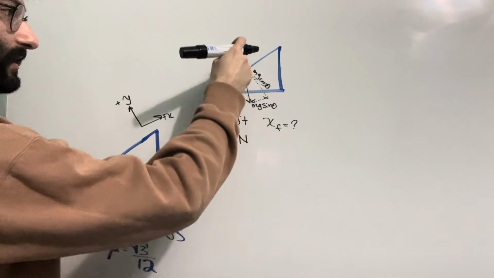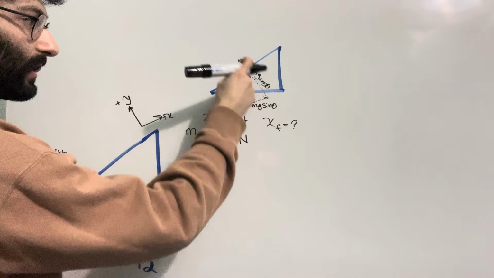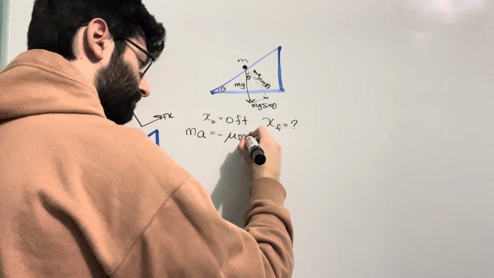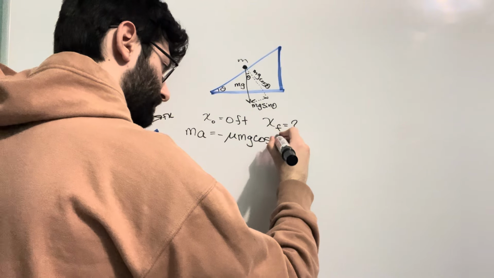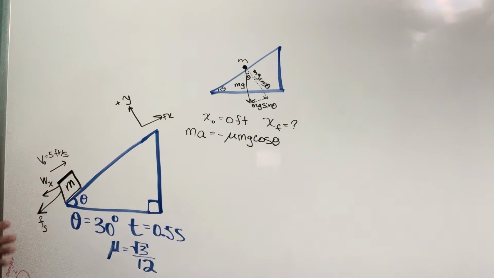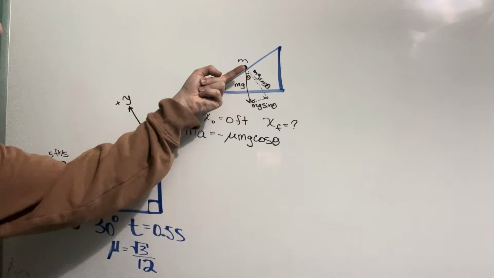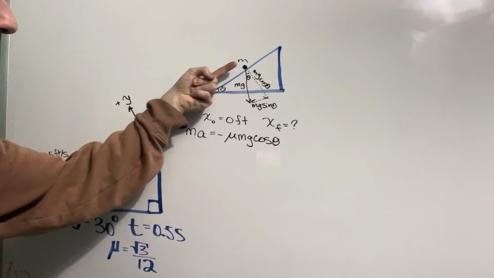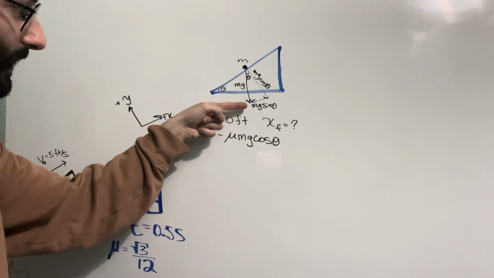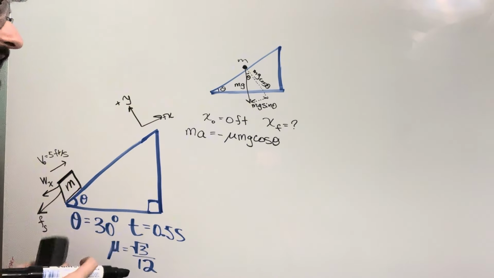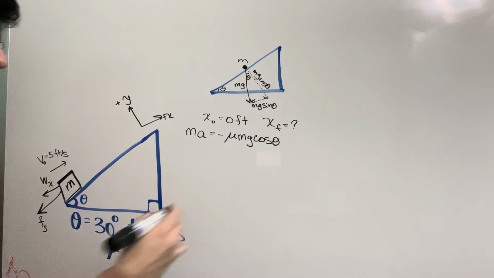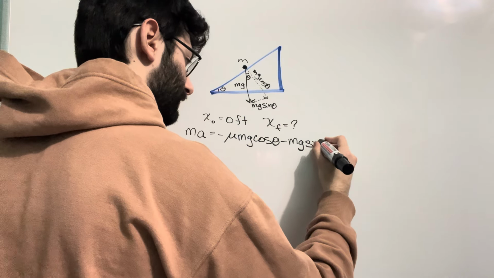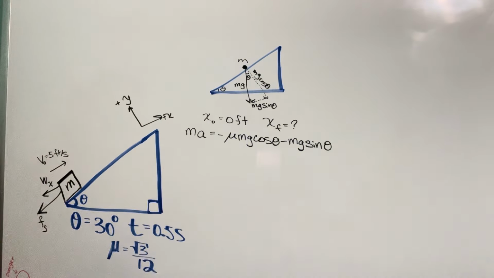The normal force is the component along y, which is mg cosine theta. We also have the component of the block's weight pulling it toward the ground, at a magnitude mg sine theta, and since it's going in the negative x direction, that gives us a minus mg sine of theta. And we can solve for this acceleration,